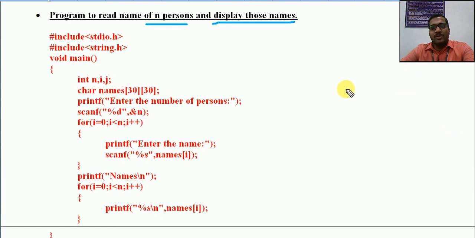We know how to read a single name using a character array. Now it is changed to: I need to read 3 names, and each will have a different number of characters. So the idea is clear, right? We will look at reading and printing. Printing will be easier if you know reading. We follow the same pattern for writing also. So let us look at the program.